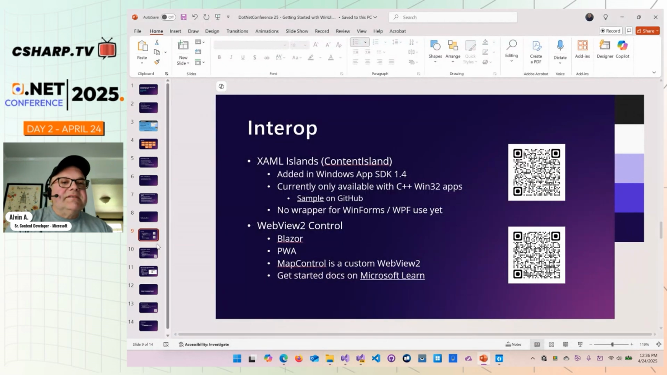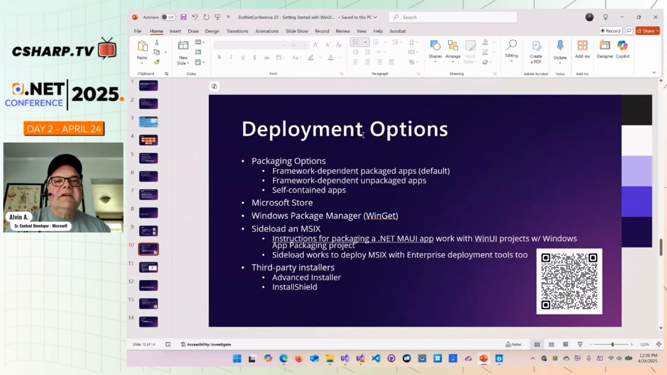Let's jump back to the slides and see if we can get through a couple more quick things. Deployment options. So there are different ways that you can package your WinUI apps. You can make them framework dependent or self-contained. So framework dependent apps depend on the Windows App SDK runtime being on the client machine. And self-contained apps, when you deploy your app, you're deploying the Windows App SDK runtime with your app. So you have more control over the versioning of your package that your app has. But the size is going to be obviously much bigger